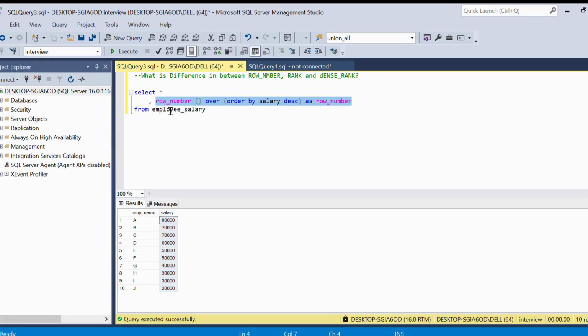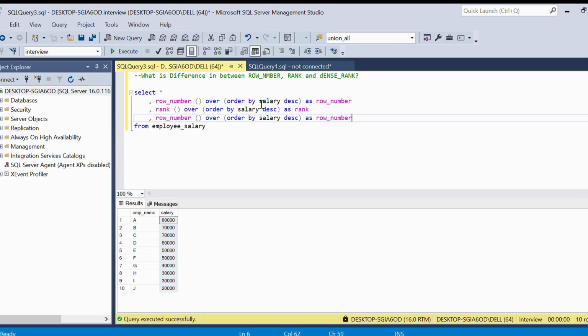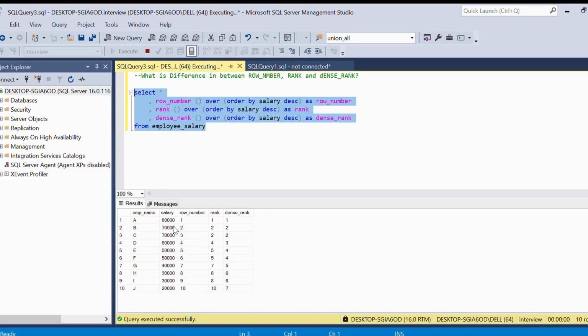Next, for the rank, then dense rank. So let's see how these three functions are assigning the rank.